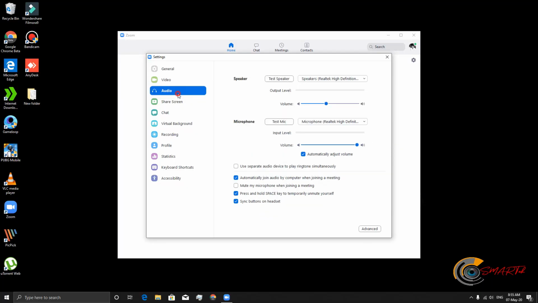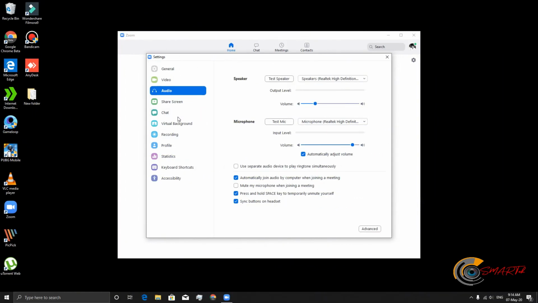Then switch to audio mode. Here you can see the microphone is being set. It is very important to set up the microphone so that your voice will be delivered to the participants. Here are 3 options given over here. Now these options may be different according to your system and your system configuration. So you have to check which is the best setting so that the audio will be clear. So in this way you have to set up your microphone.